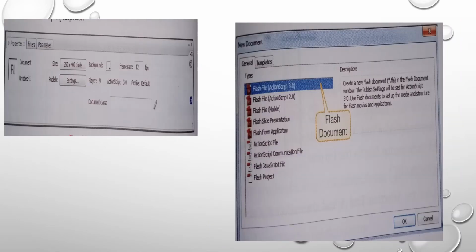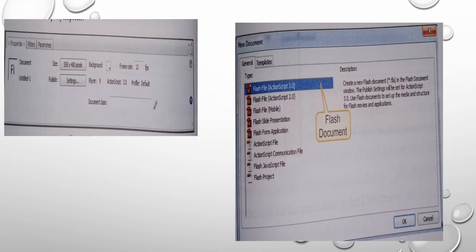Setting document properties. Each time we open Flash, the application opens a new file with the default settings for the movie properties. We can create a new movie as we work.